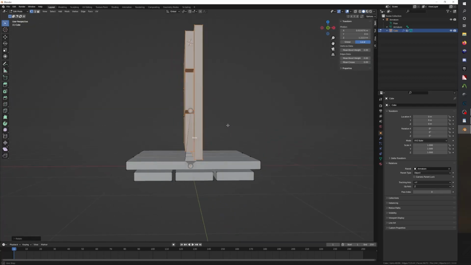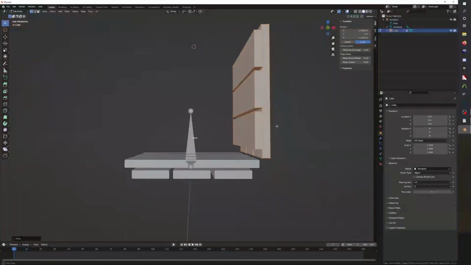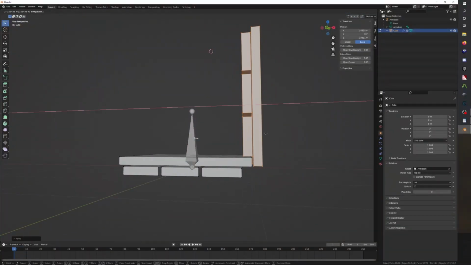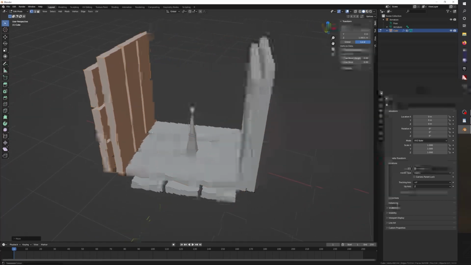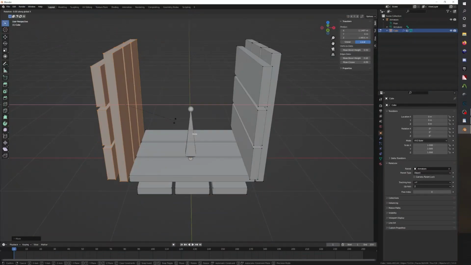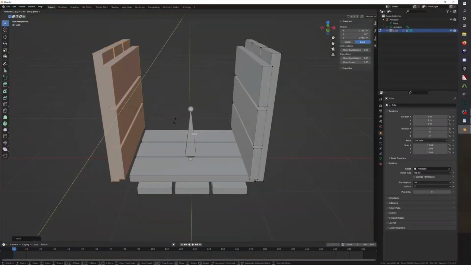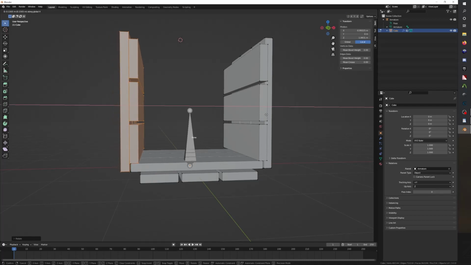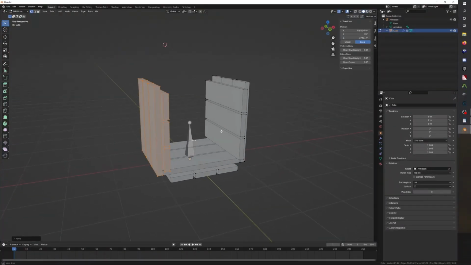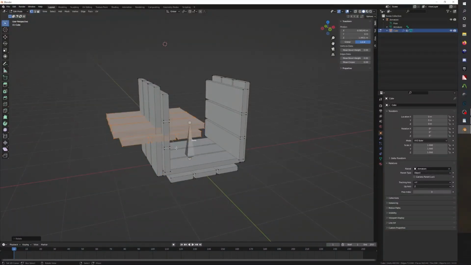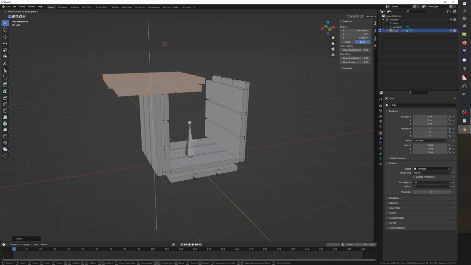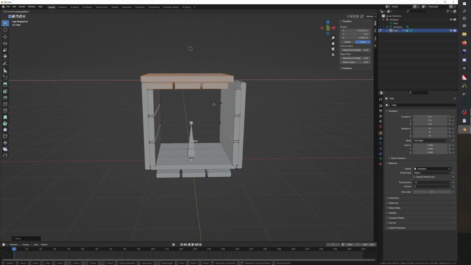Now if I move my perspective out, you can see all these changes. Duplicate it again. You can rotate on the y-axis 180 degrees. Duplicate it again, rotate 90 degrees on the y-axis, up, over,